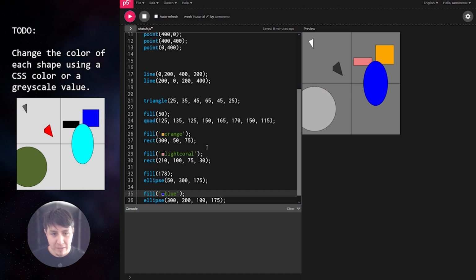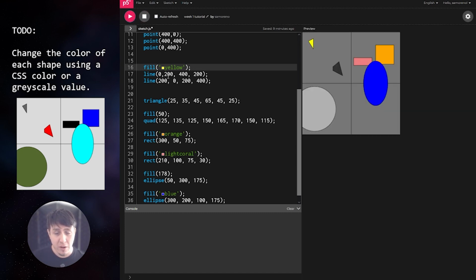So this is my final composition. Very, very stunning, if I say so myself. One thing I want to point out is you may have noticed, or maybe you may have tried to change the color of the lines. If I were to attempt this, I'm going to make sure I'm above a line. If I type out fill, and just to make this obvious, let's make this yellow, if I were to try to change the fill for the line to yellow,